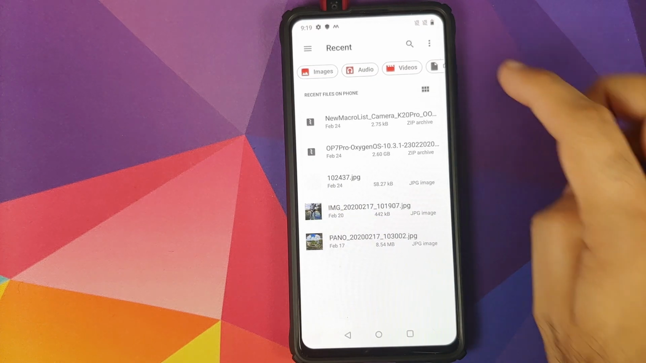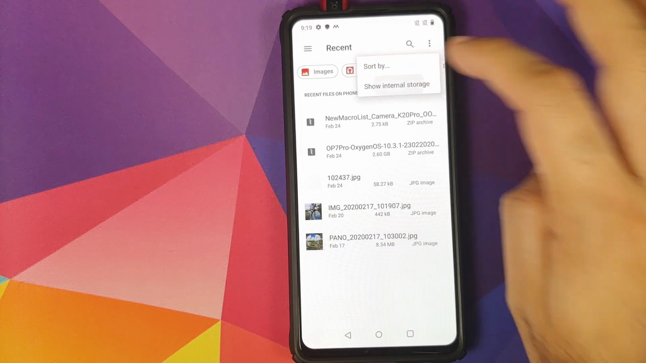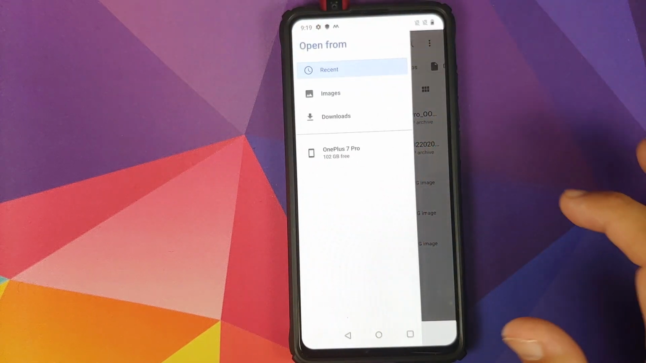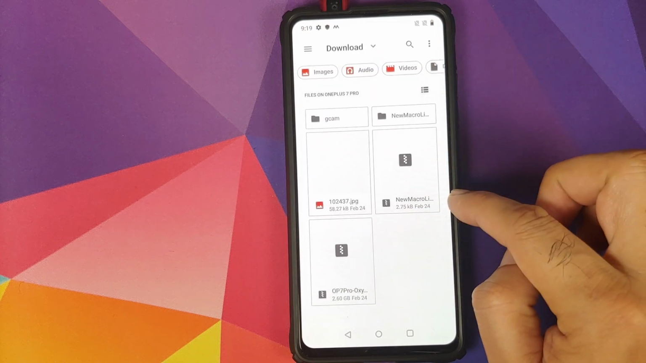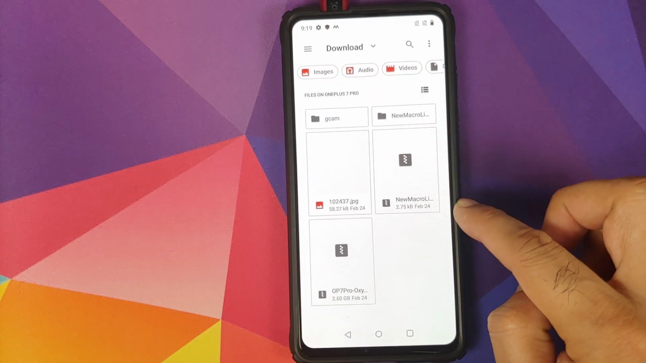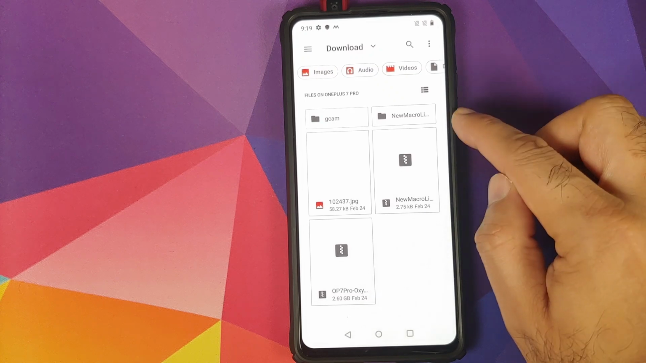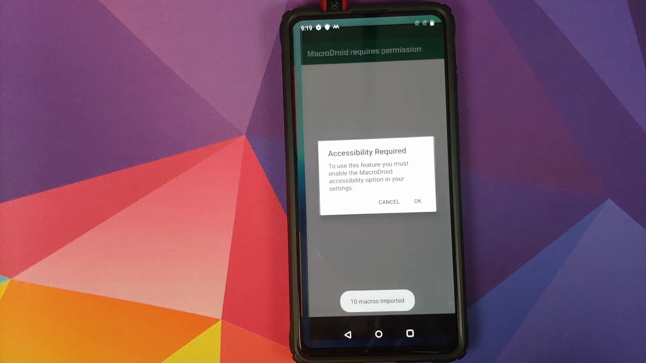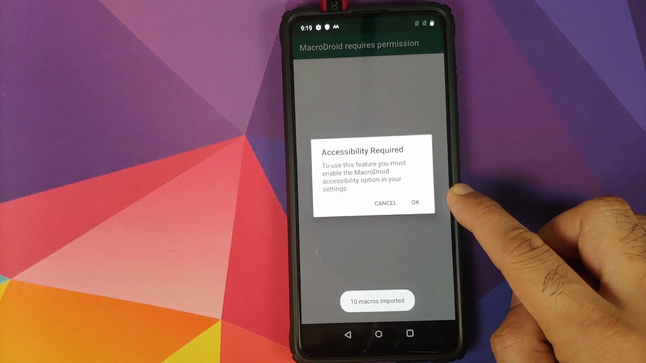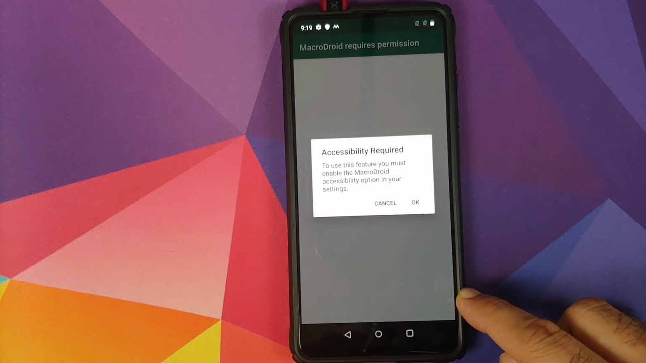unzipped the file. So click on the three dot menu on the top right, show internal storage, three bar menu on the top left, OnePlus 7 Pro, go into download and then go into the macro folder, and here it is, the new macro folder. Select the file which we had extracted, and as you can see, we do have 10 macros imported, and